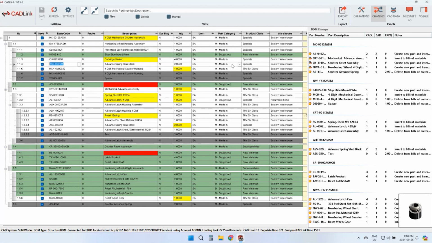So there's no highlighting here. This row is entirely white. If CADLink did find a difference, it would highlight that to me in yellow. That's what I can see with these yellow highlights here on the screen. So here CADLink